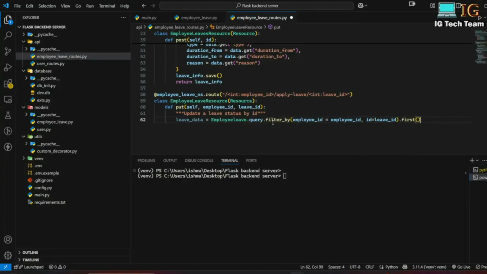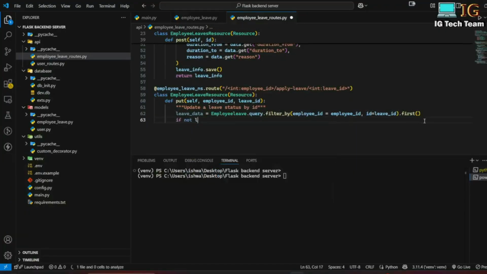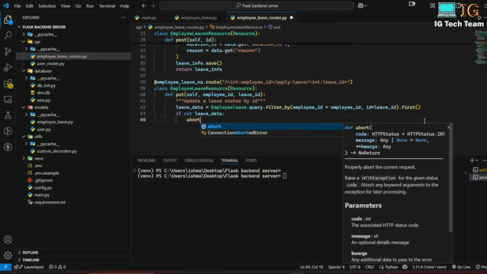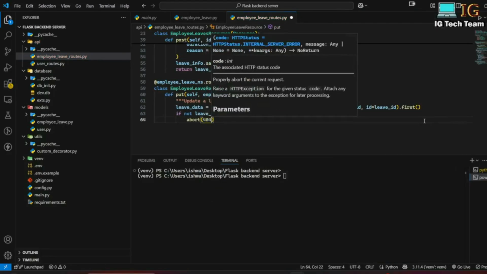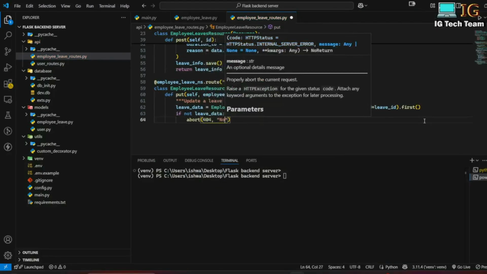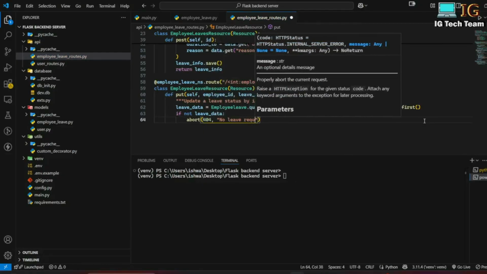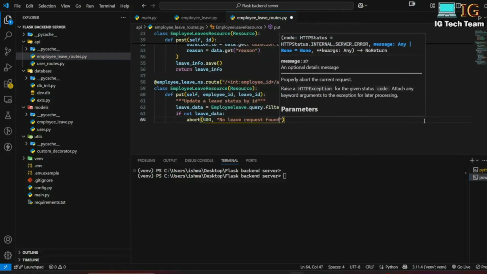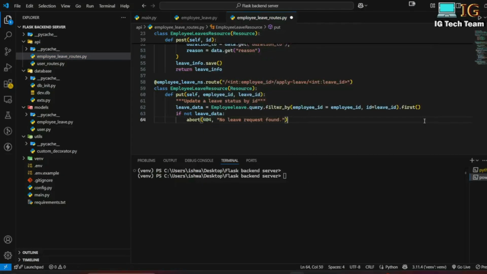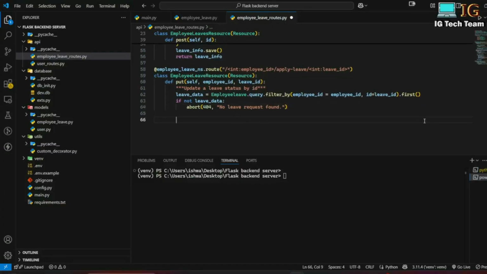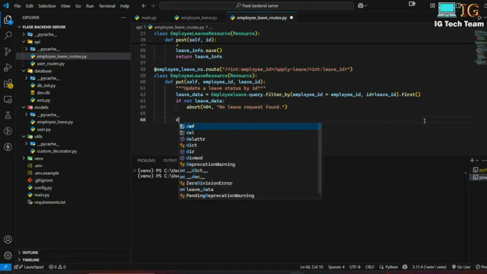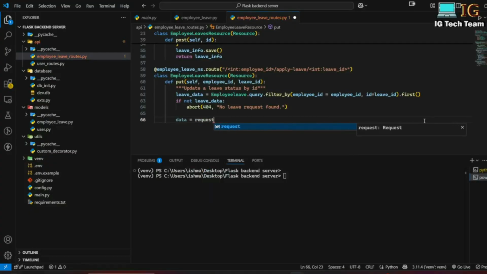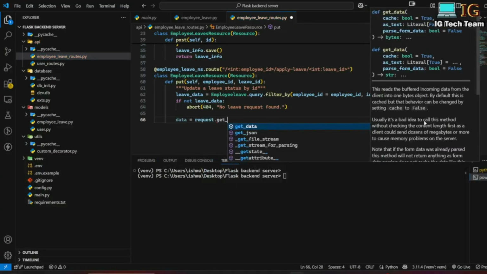So get the first record that is matched, and if not found, if not leave data, I can use abort 404, no leave request found. And if leave data is found, I can write data equals get JSON,